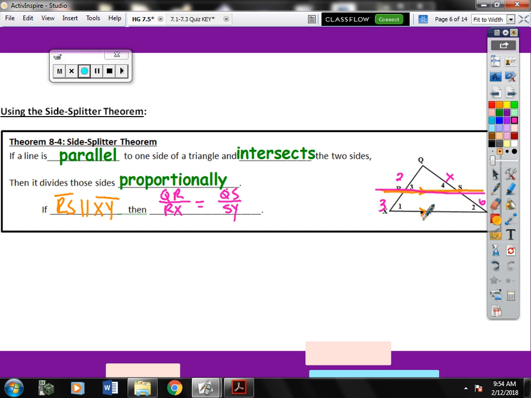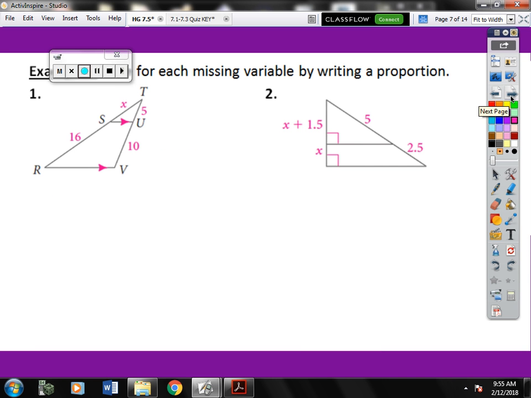It does have to be parallel though. So if it's not parallel, you cannot use this theorem. So it's important to know that. And this is because you would be able to prove the triangles were similar using AA and all that stuff, but this is kind of a shortcut theorem. So we notice